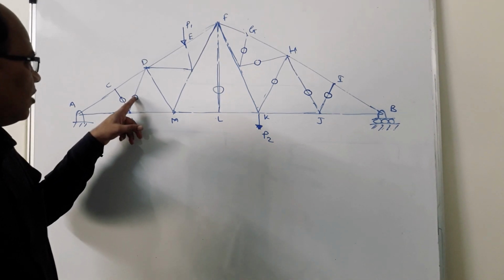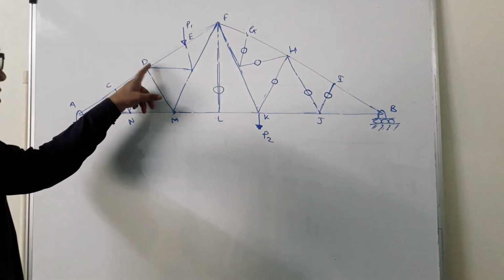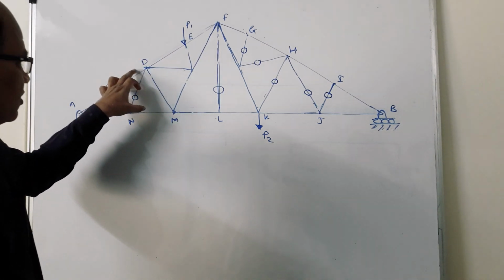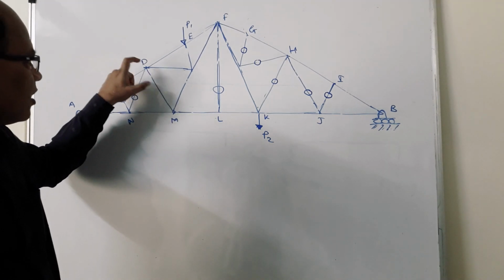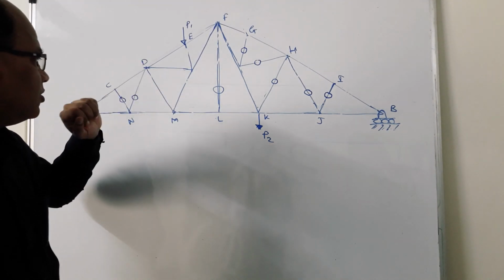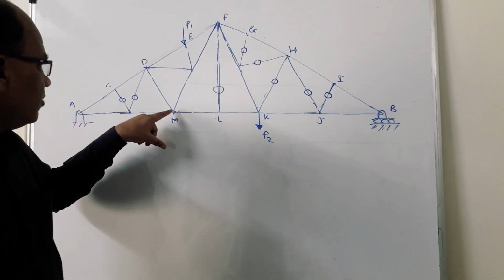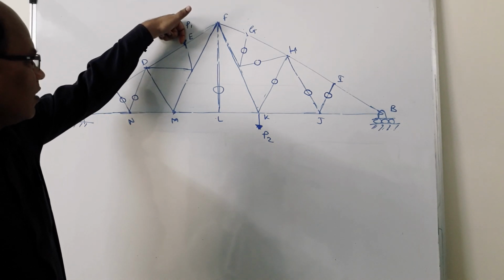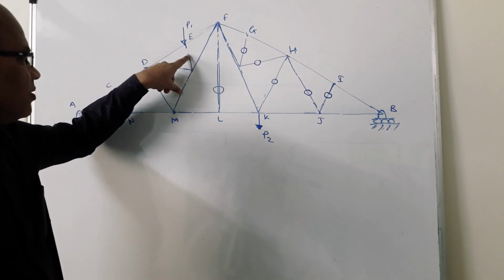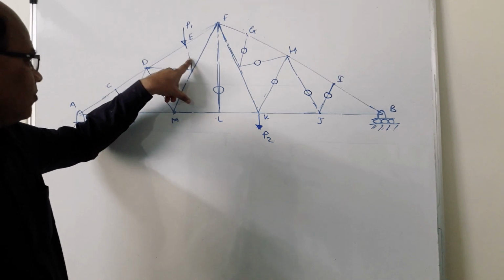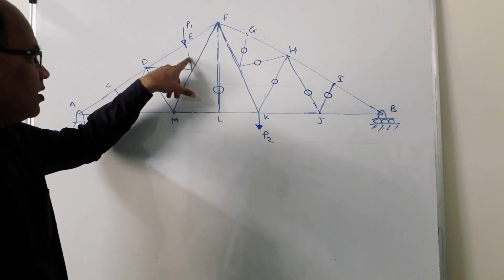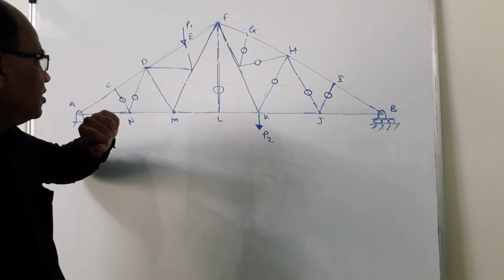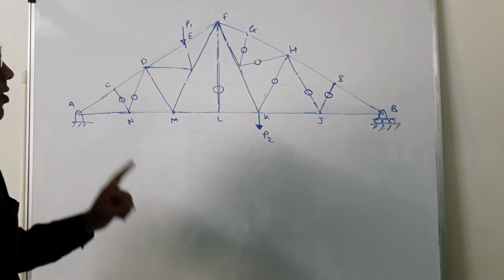Now as it is zero, I will go with this one, but here I can see that there are 4 members. If I neglect this zero force member, still there are 4 members remaining. I cannot predict about the zero force member over here. Same is the case over here. Now as this force is acting over here, some force will get introduced in this member also. The remaining 3 members will also carry forces, and as such this is the total number of zero force members over here.